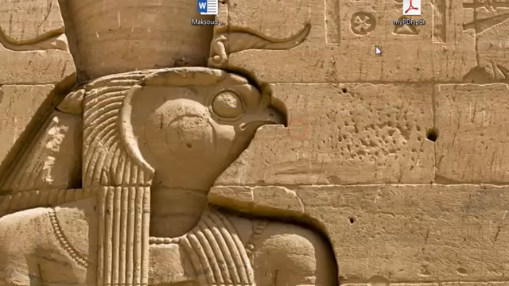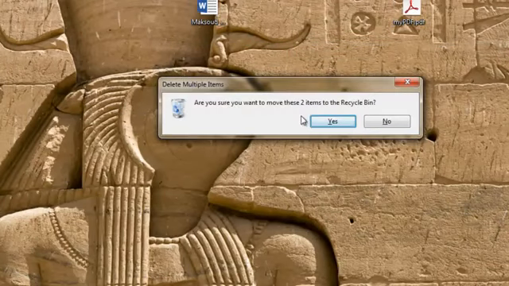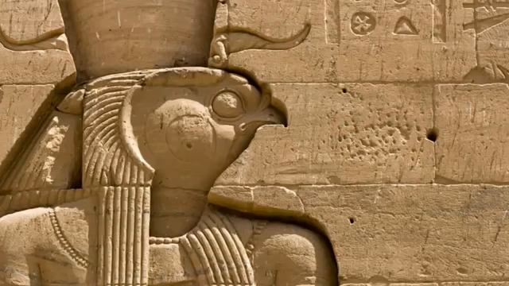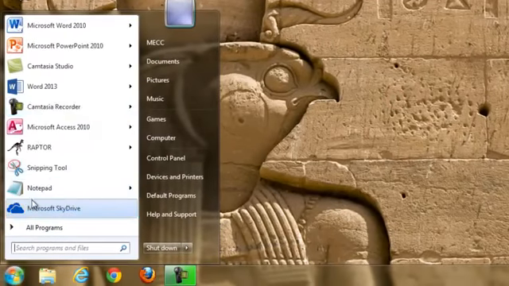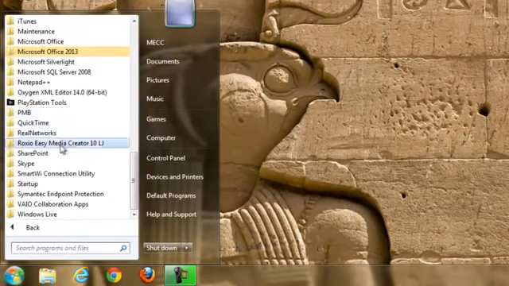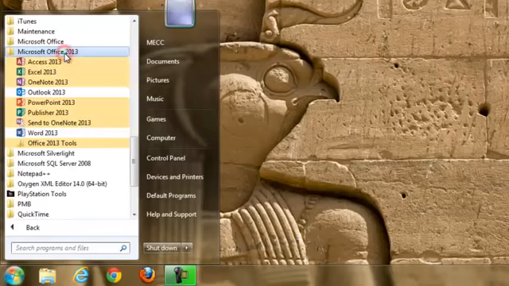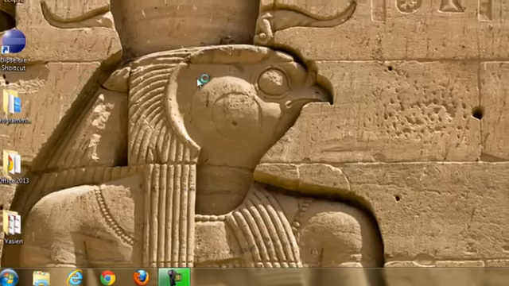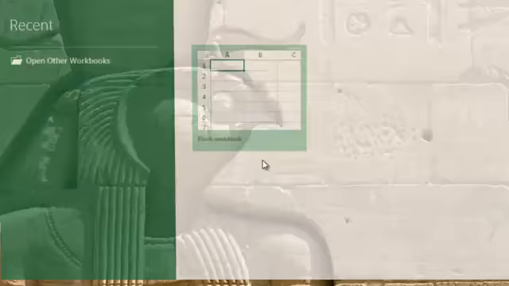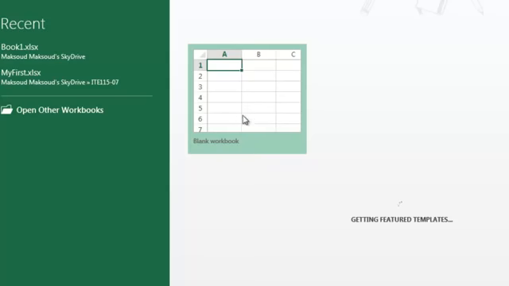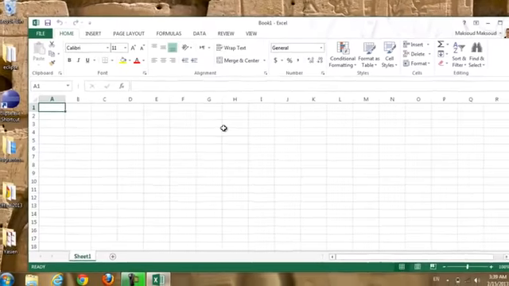I will not even save anything. I will also delete these two files here, select them, and then press delete. I will go look at Excel, for example. I need to show you all of them. So Excel, if I open Excel, now I don't have to talk. I will let you explain the topic. I will open a blank, right? Now,